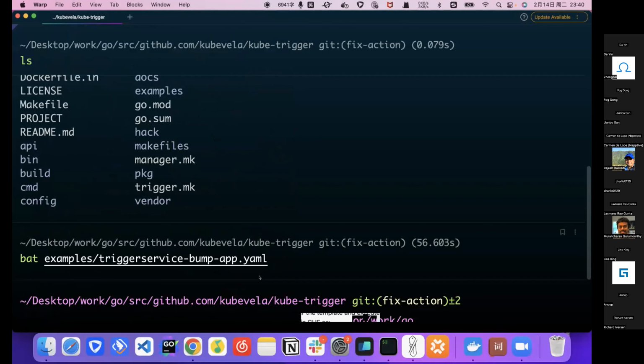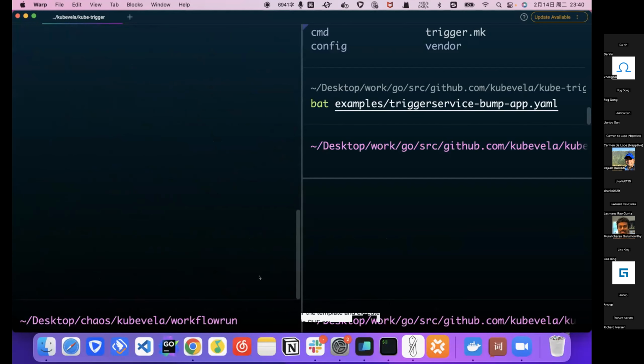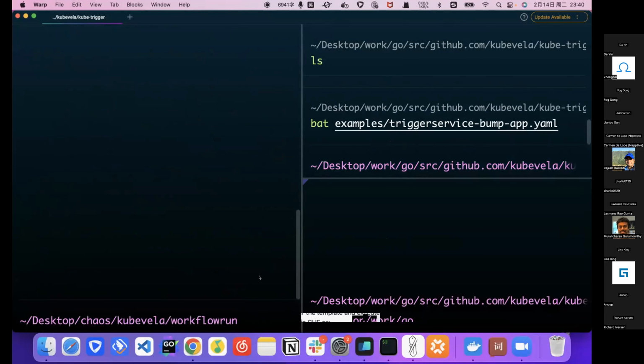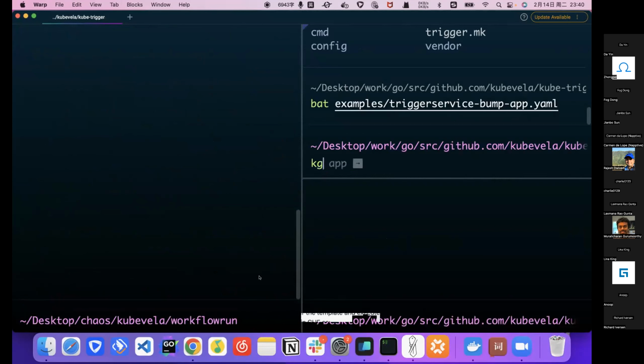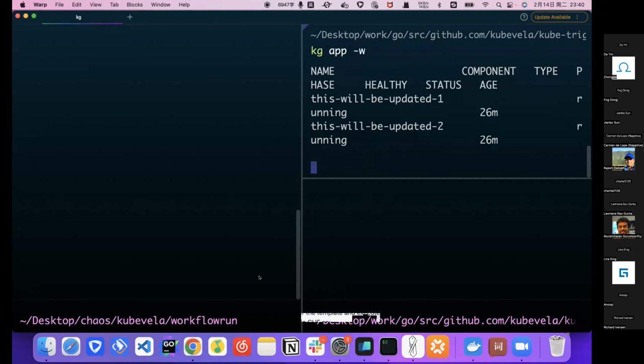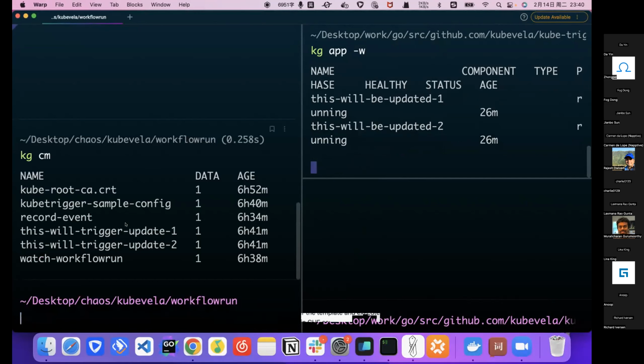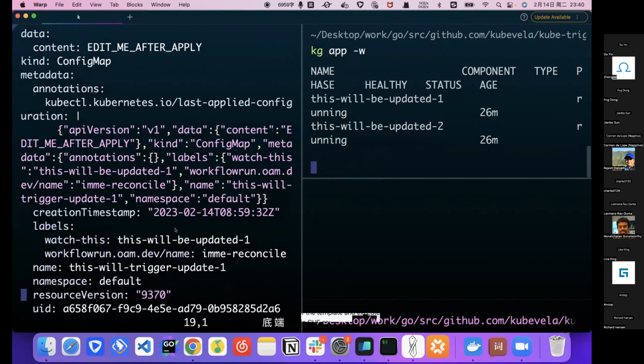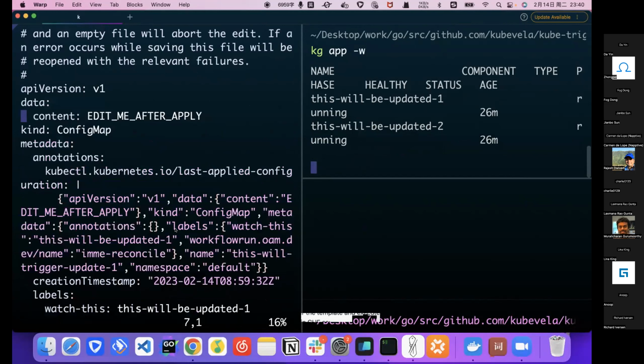Okay, I have already applied this trigger service to my cluster. So let's do some examples here. First of all, we can watch the application here. So we have two applications, 1 and 2, and we have two config maps, 1 and 2. Each one will trigger the other one. So let's edit the config map here. Oh, the data is here. We can edit the content here, and